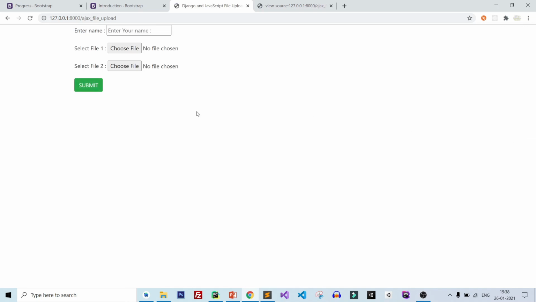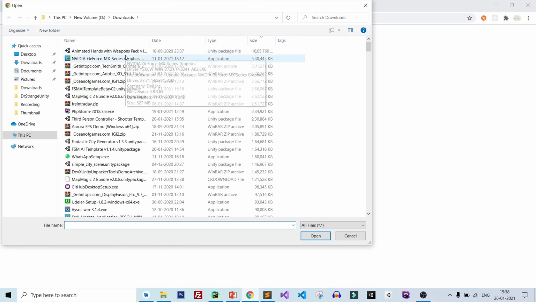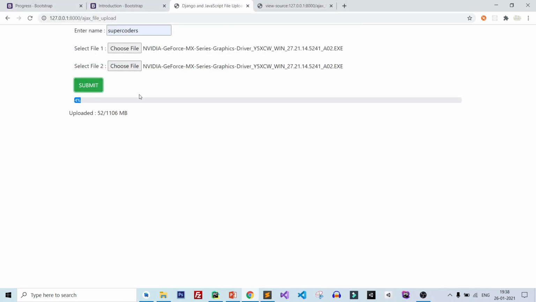Now let's close it, and again Supercoders, select file 1, select file 2, click on submit, and you can see the progress bar and the MB size also. So in this way you can implement file upload with progress bar in Django using JavaScript and Ajax.